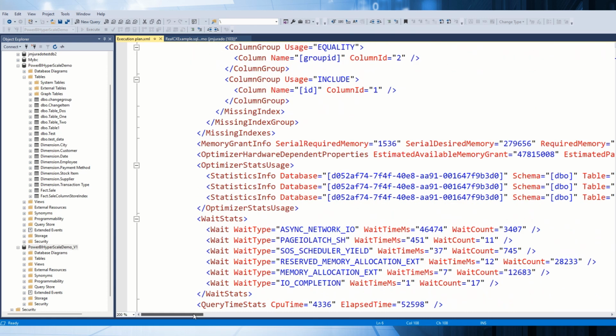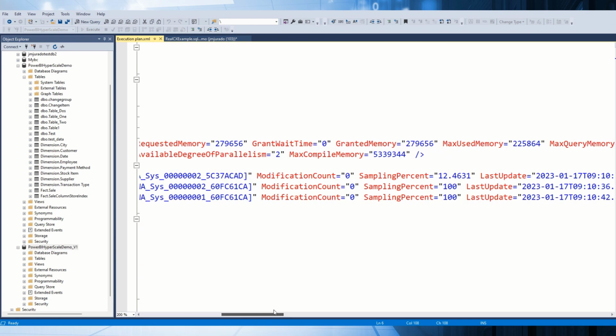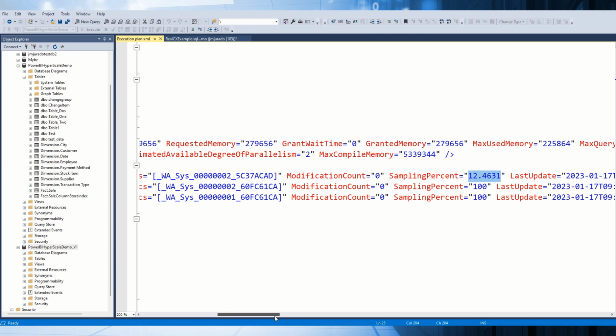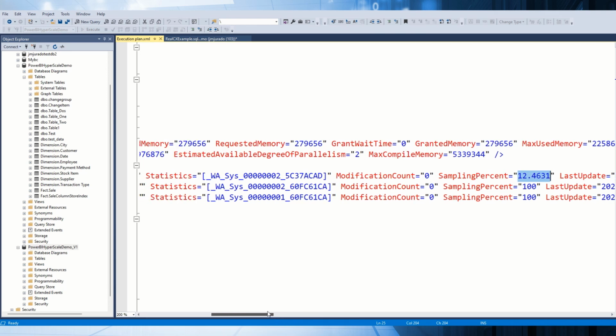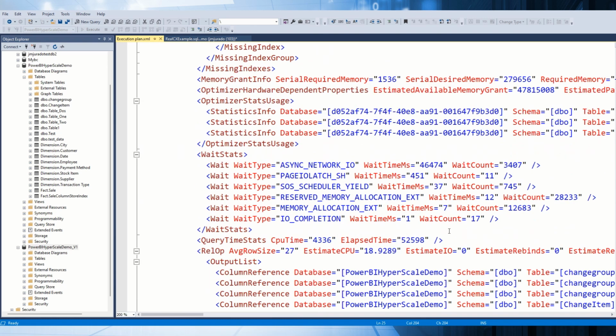Also, we can see the statistics information here and when it was updated. Here it is very important: when you see such things, it means that perhaps you need to improve or update the statistics, because it's not 100%, it's 12. It's good to have 12. Well, depending on the accuracy of the statistics, it could be good, so it depends on the situation. But when we are talking about a performance issue, it's good to have all the statistics updated. As we mentioned before